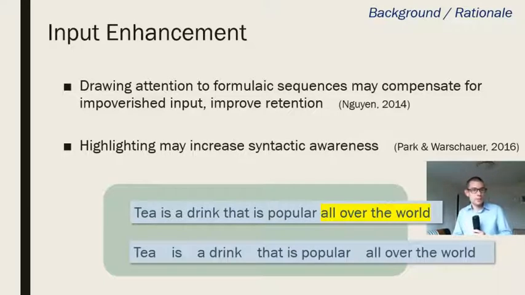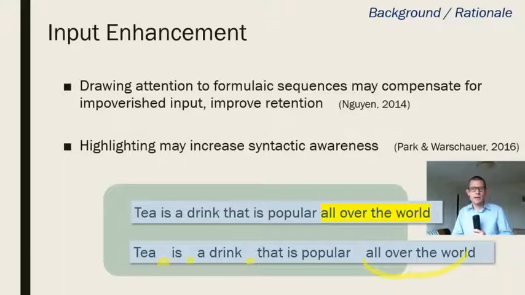Another concept here was input enhancement, which just means drawing attention to particular features of a text in order to raise awareness. This could be grammatical structures, it could be collocations or vocabulary, transition words, highlighting, underlining, using italics, or even using spaces, as in this example, is a way to enhance text. Textual input enhancement. So in the case of collocations, we might separate text this way, all over the world,